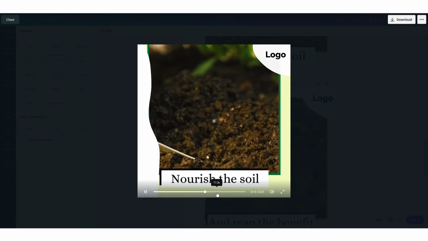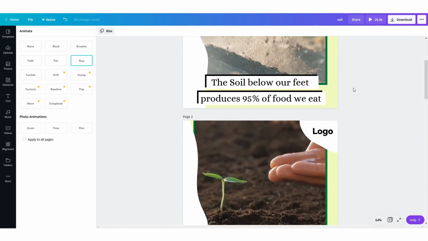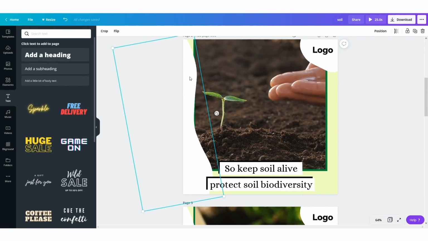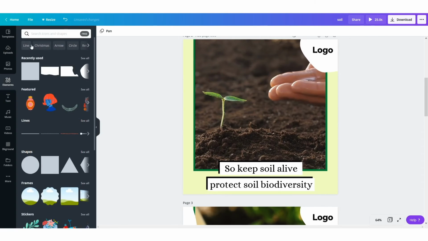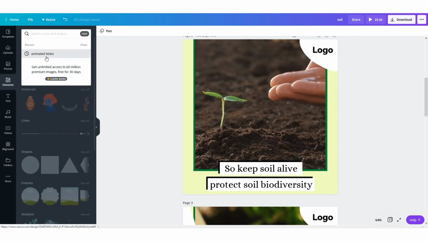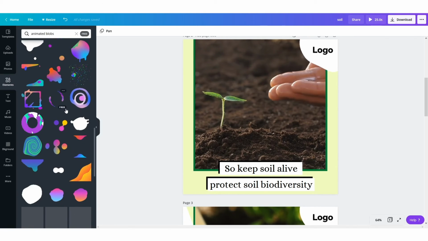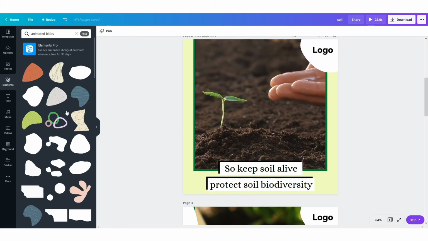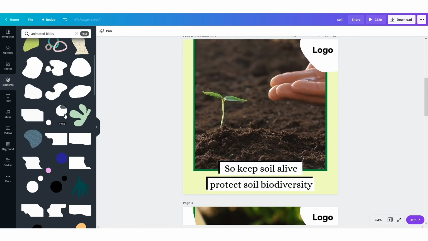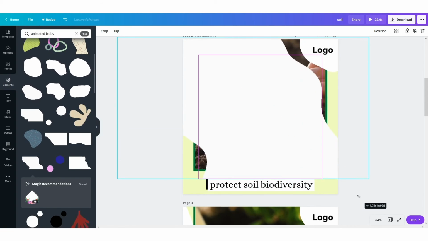See? And in case you want to make some differences for the frames, what you can do is, let's select this one in the second and the third. We can delete that and maybe go to elements and go to animated blobs. It's already selected here. Let's go in there and see what can we get other than what we already had. Okay, so let's go up itself, and there maybe we can find something like this and try and use that. Okay, let's do that,